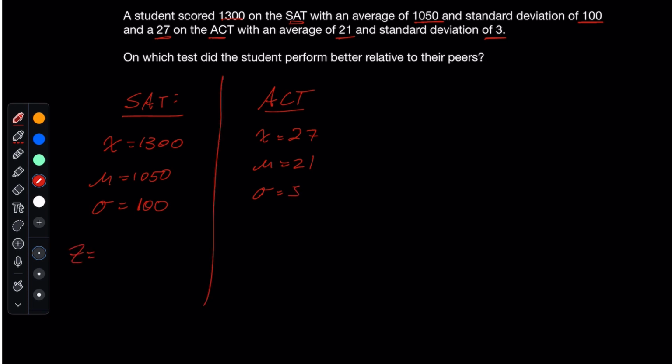Plug that into our z-score, 1300 minus 1050 over 100, and the z-score for the SAT comes out to 2.5. The z-score for the ACT is 27 minus our average of 21 over a standard deviation of 3, and that